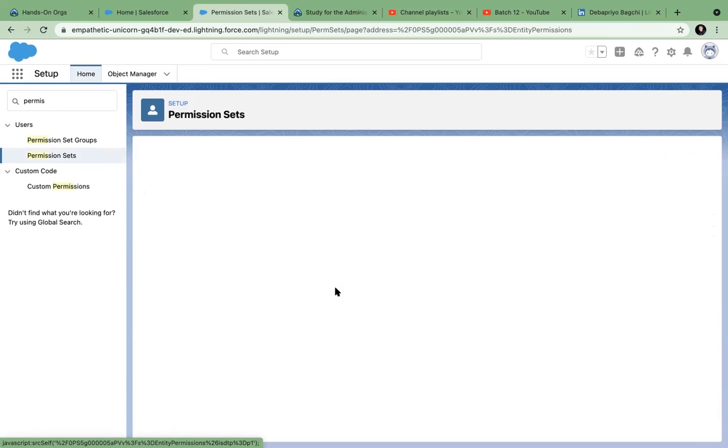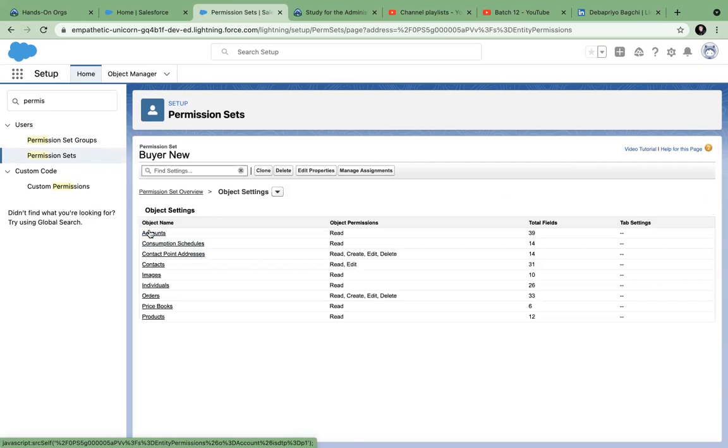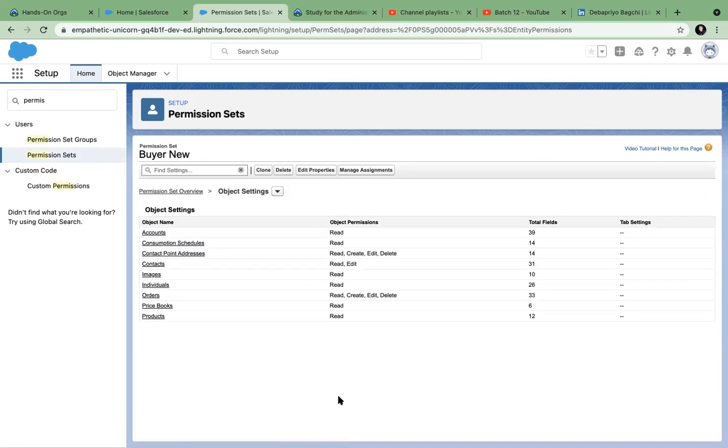You see, in object settings, I can give permissions here also. Same. In a permission set, you cannot give every permission. Some permissions you can only give in profiles, but in a permission set you can give many permissions, though not all that can be given from the profiles. Yeah, that is the only difference.